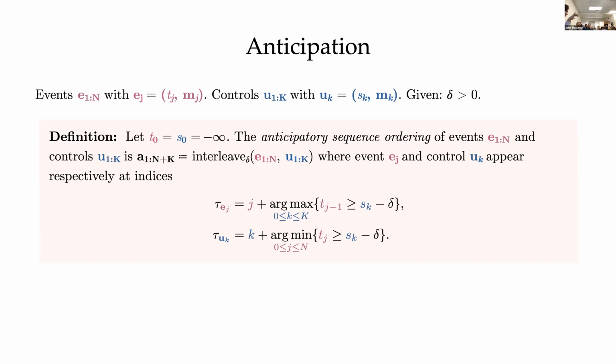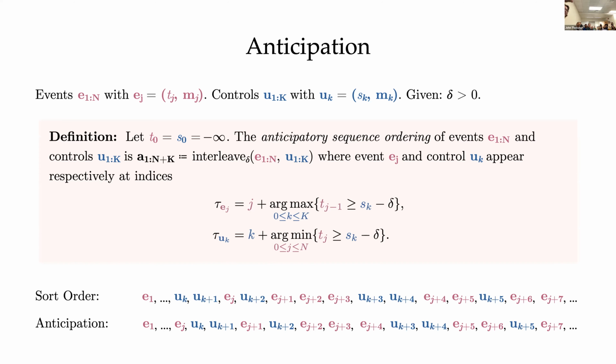But there's a little diff that we can make that will turn our positions of controls into stopping times. The technical definition looks very messy, but if you ignore it and look at what it does to the sequences: if I have this sequence in sort order, I take all the controls and shift them past one more event in the sequence. So UK and UK plus 1 in the original sequence came before EJ, and they come after EJ in this rearranged sequence. UK plus 2 came before EJ plus 1. It comes after EJ plus 1 in the adjusted sequence.